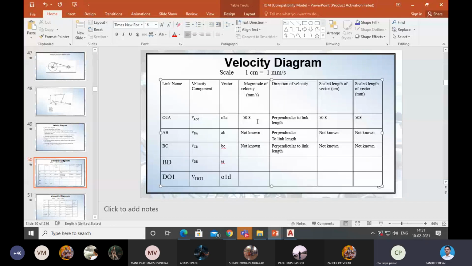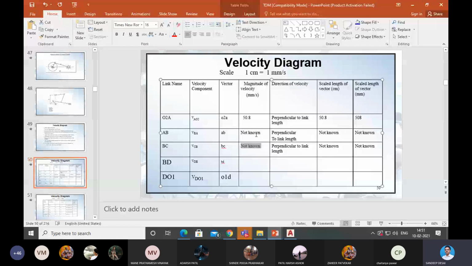Yes. So what we did, we calculated velocity of the link in millimeter per second. Then we calculated scale length according to scale factor. आपला scale factor आहे एका सेंटीमीटर साठी 1 मिलीमीटर पर सेकंद. आपले आहेत 50.8 मिलीमीटर पर सेकंद. So we have to take 50.8 सेंटीमीटर्स आपल्या स्केल फॅक्टर नुसार. Now it is 50.8 centimeter. So it is equivalent to 508 millimeters. Next,